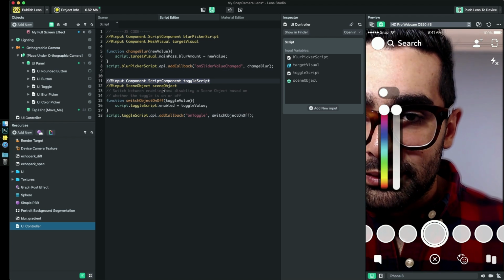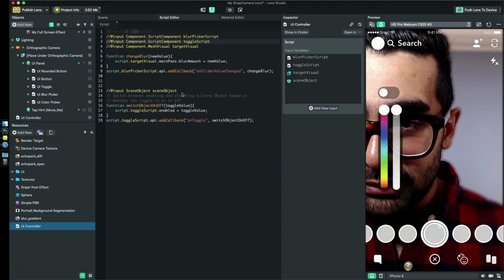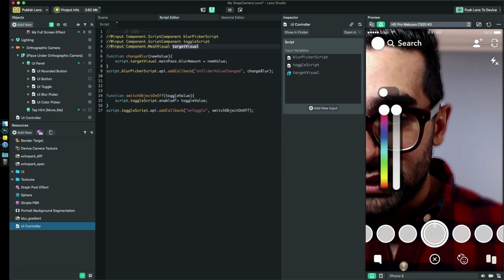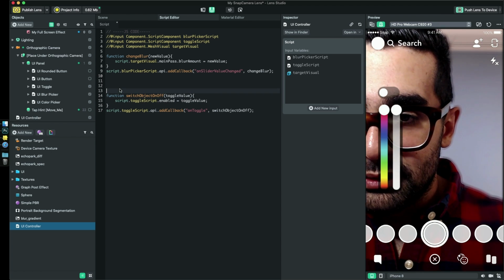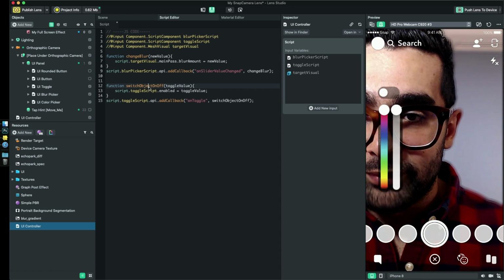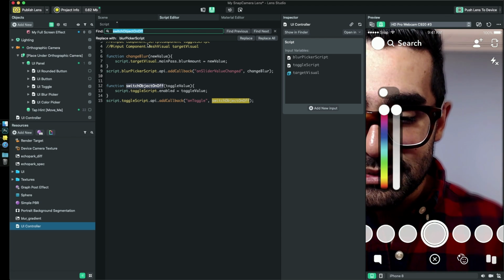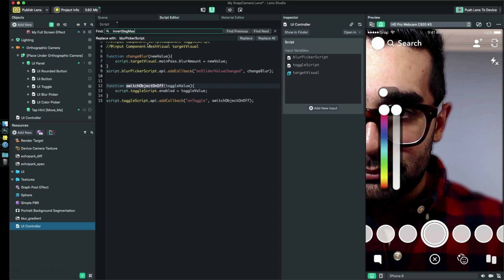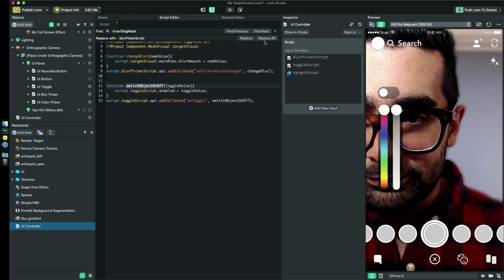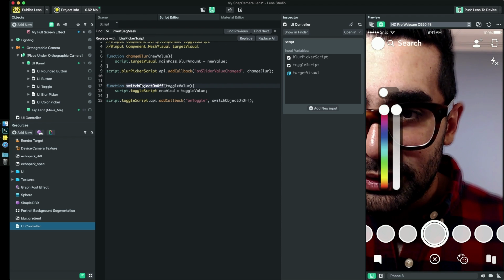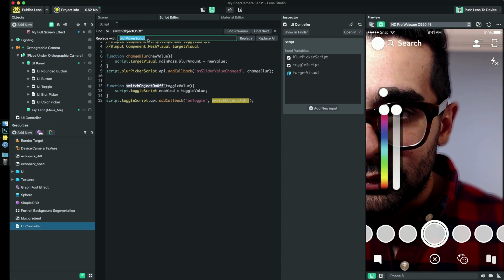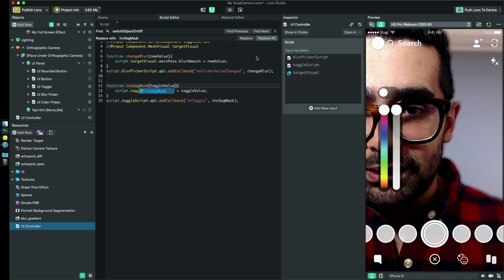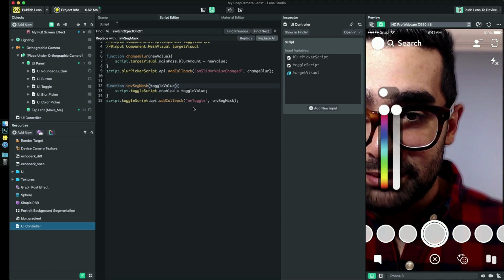So I need the toggle script because I need the input for that. I don't need the scene object because we already have our target visual here. And switch back and switch object on and off. I'm gonna rename that because it doesn't make sense, and call it invert segmentation mask and replace all. Did it? Ooh, I think. Oh, I have to do it here. Invert segmentation mask and replace all. I change the name to